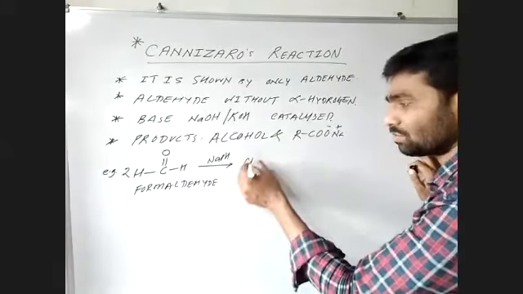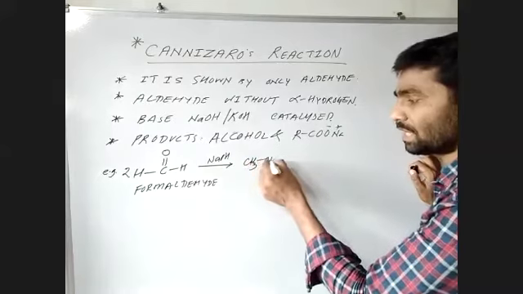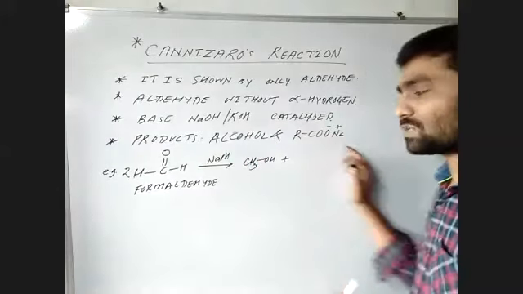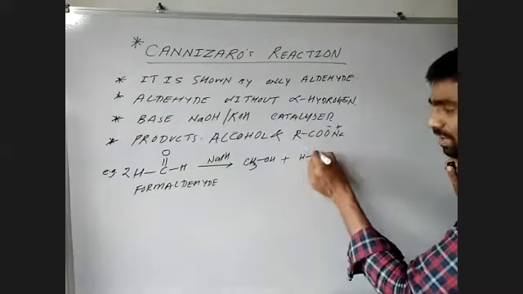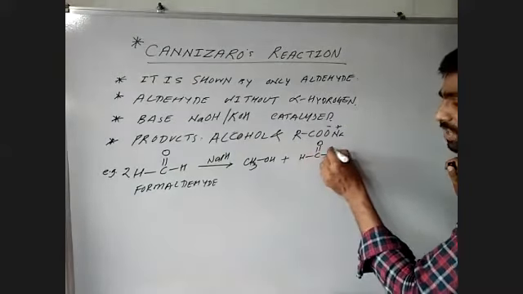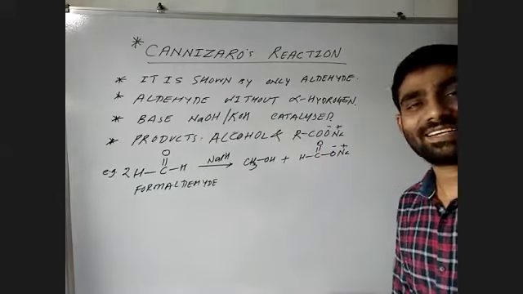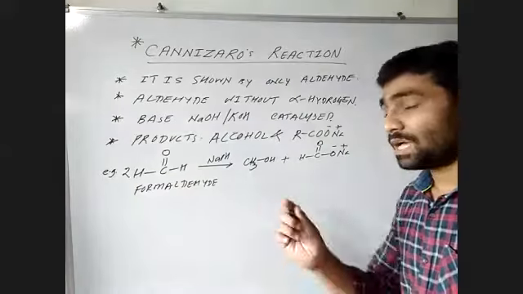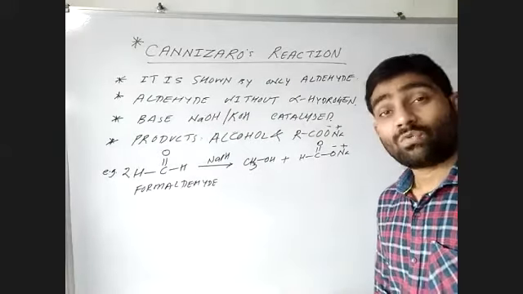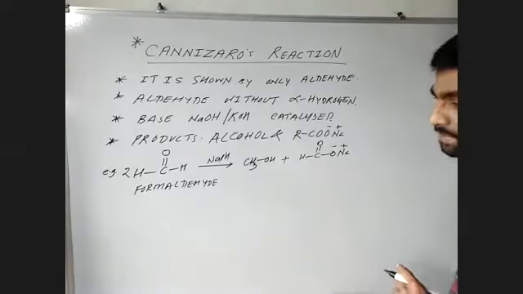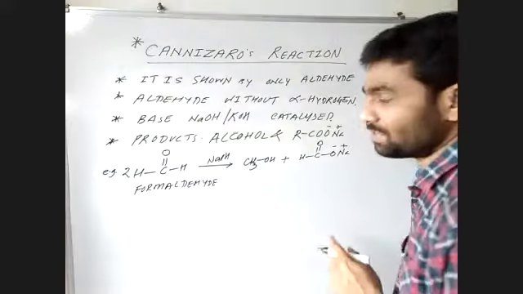So directly we can go methyl alcohol plus, what is the one carbon carboxylic acid? Formic acid, and its salt means it should be sodium formate. Right? Yes. Alpha hydrogen is not there. We don't want alpha hydrogen. This is the important condition.